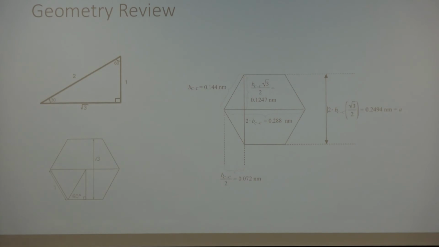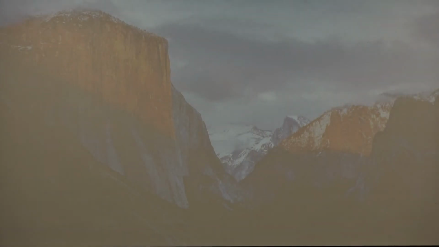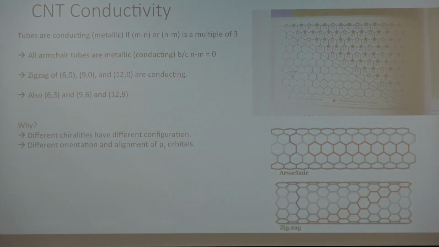What else did I want to hit on? Conductivity. Okay. So tubes are metallic, meaning zero band gap, if the M minus N or N minus M is a multiple of 3. Okay? Now I wish I had a more satisfying explanation for why, but next year I will, but right now it's that it makes sense that different chiralities have different